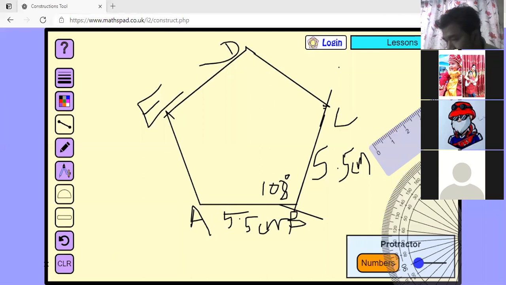Now, I am going to teach you question number 3. How to construct, not calculate, in this one, what is given? Regular hexagon. How to construct a regular hexagon by using compass, without protractor, and without calculating its interior angle. Okay, children, I think this time is also very short, and that will be continued in the next class. Today, have you understood question number 1 and 2 how to do?